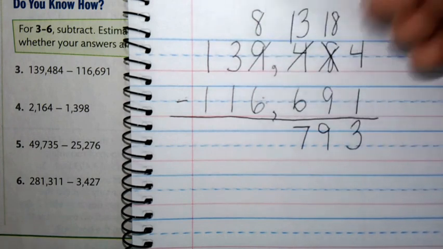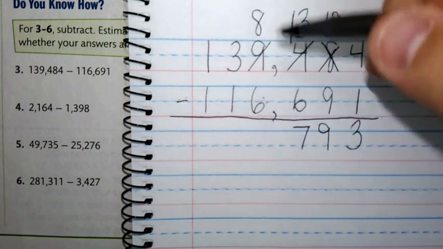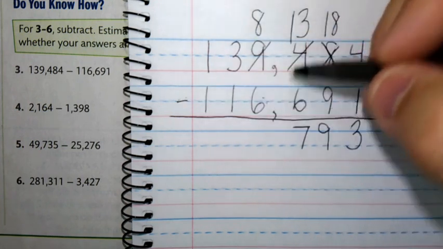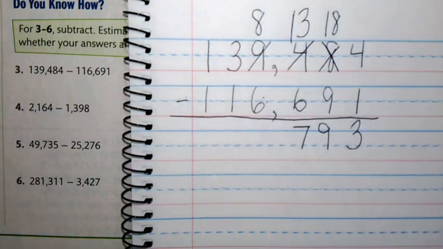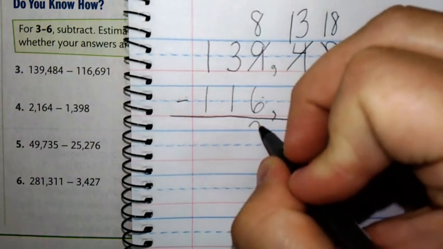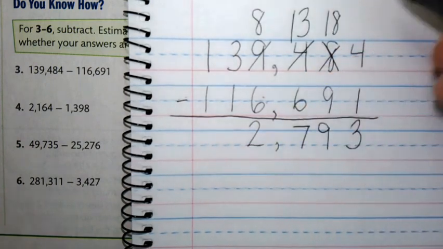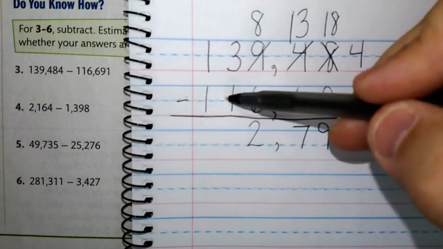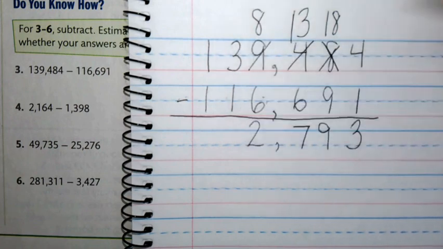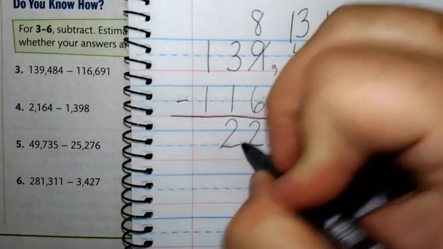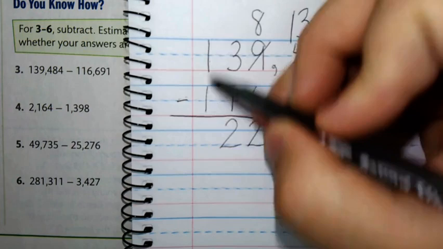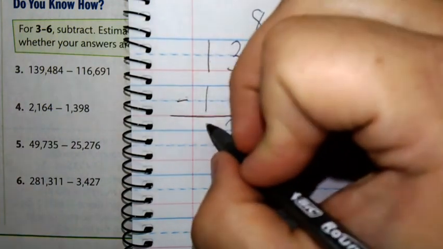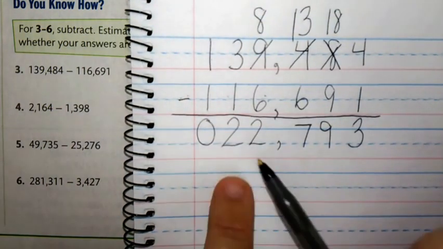Yeah, I don't need to regroup on this one, right? It's easy enough for me already. So 8 minus 6: 8, 7, 6, 5, 4, 3, 2. So I need to put a 2 in my thousands place. Now I've got 3 minus 1. Well, I can always just count back 1 time, and that's going to be a 2. And then 1, and if I take away 1 more, is 0, right? So my answer is